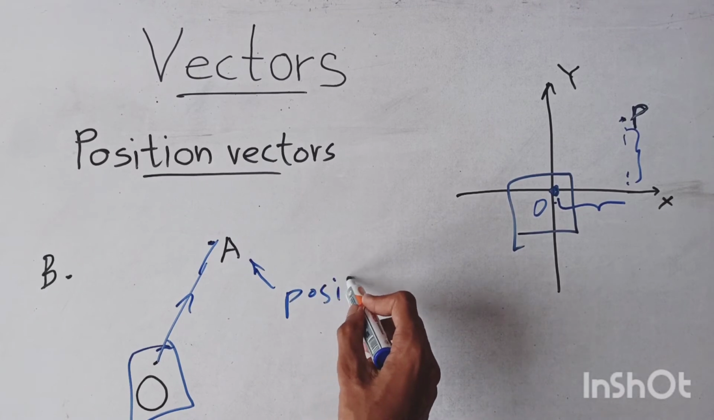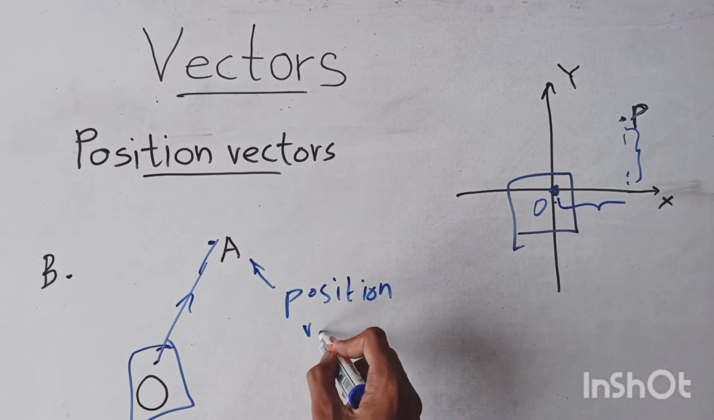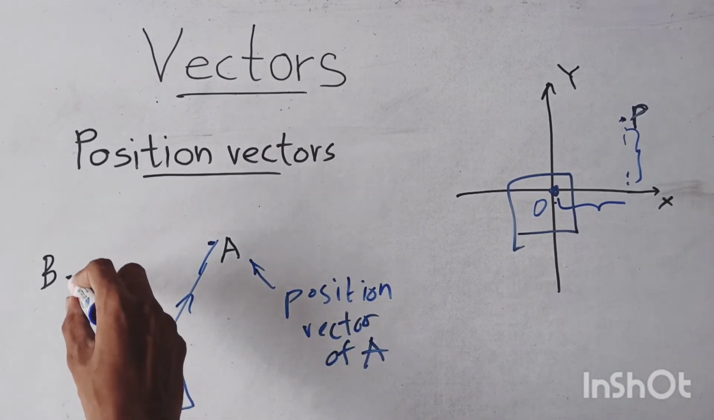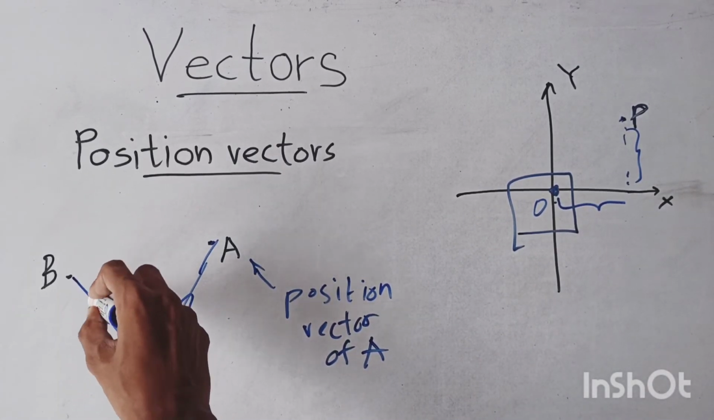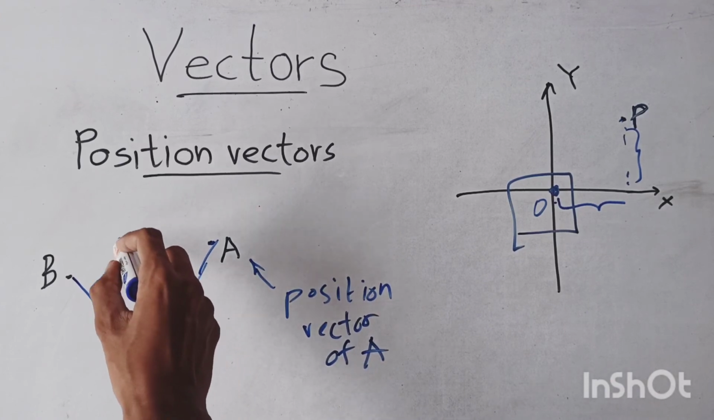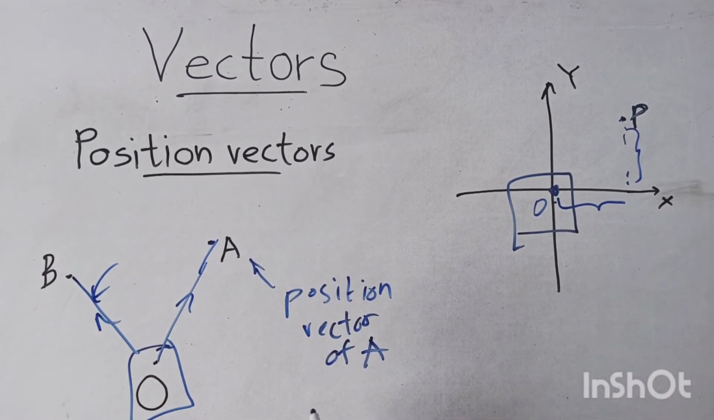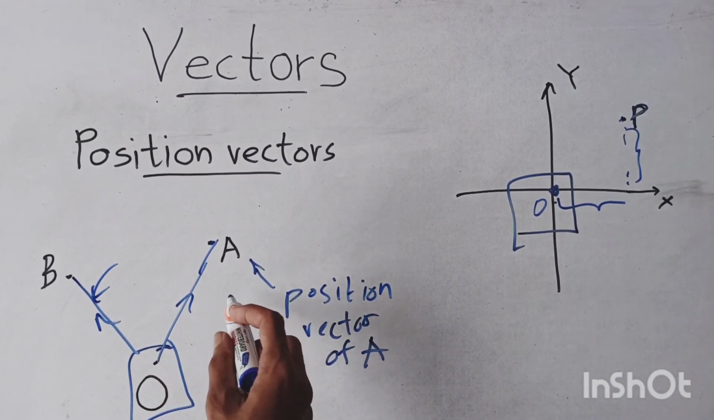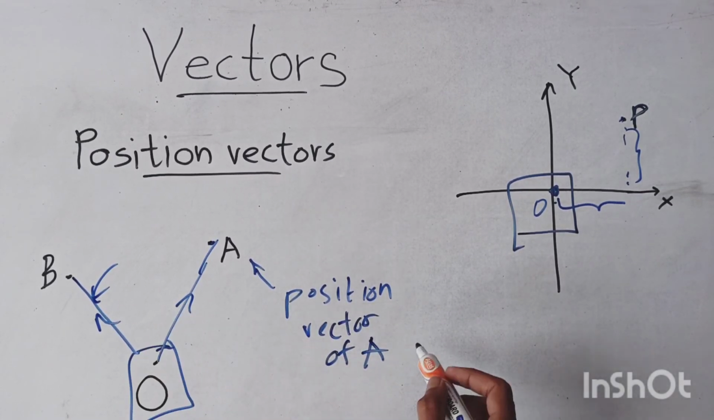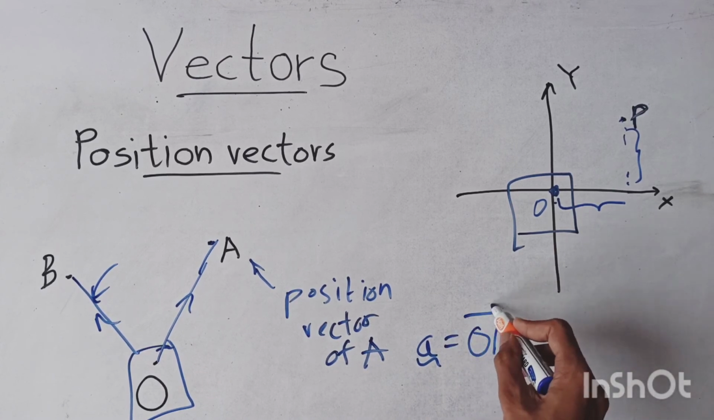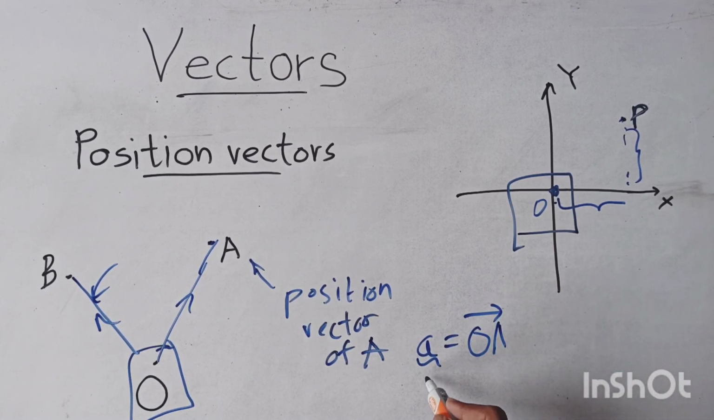Position vector of A. This is the position vector of point B. Normally we use notations like simple a for OA, simple b for OB,